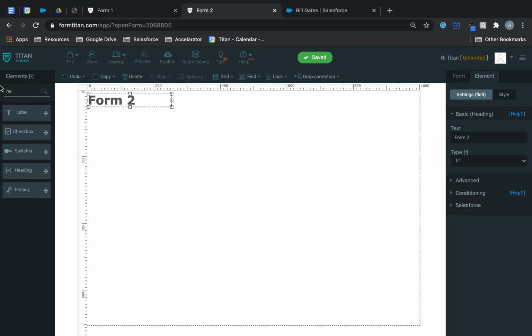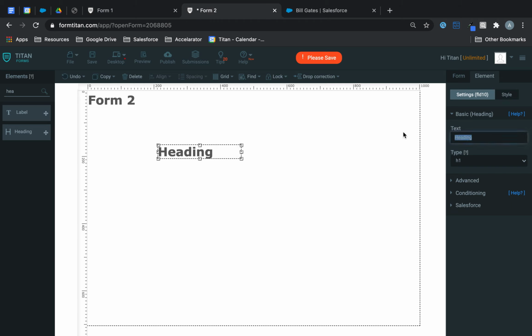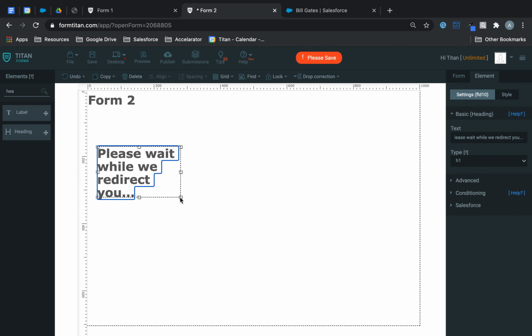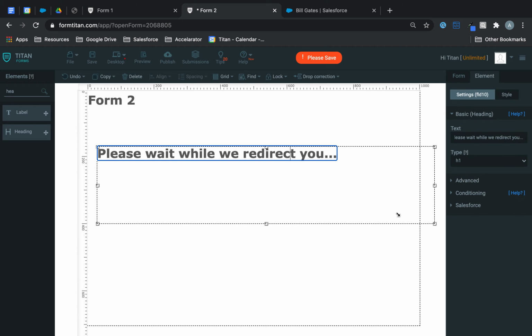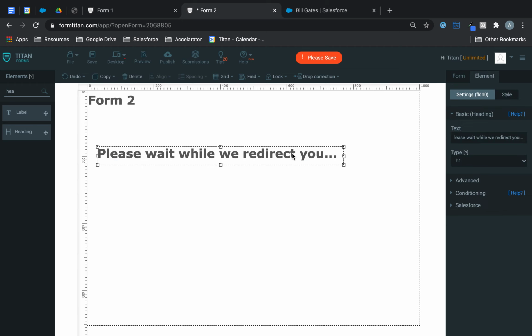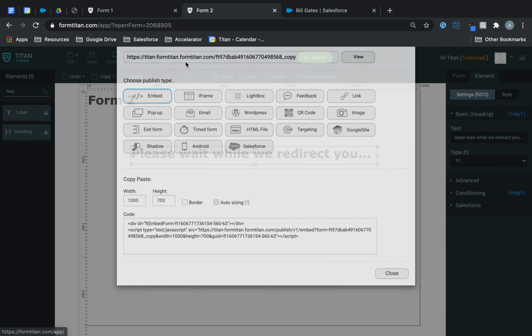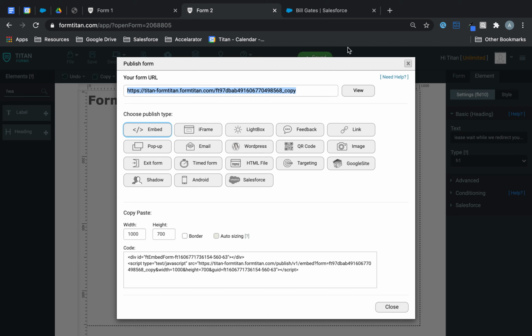So the first redirect we need to do is over here. So what I'll do is I'll get a little message, and this just needs to be an empty form. You can just say please wait while we redirect you. Something like that. You can get as creative as you want with this, to be honest, it doesn't matter. I'm just going to keep it super simple. So like this. And then what you want to do is quickly click on publish, copy the URL,